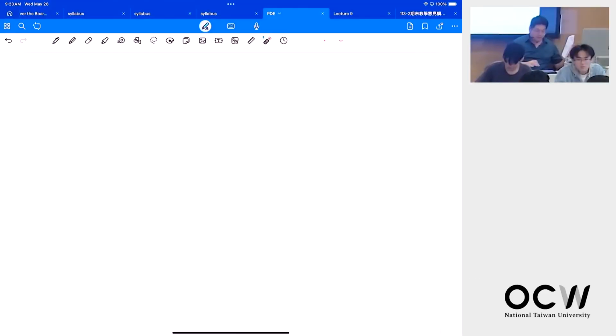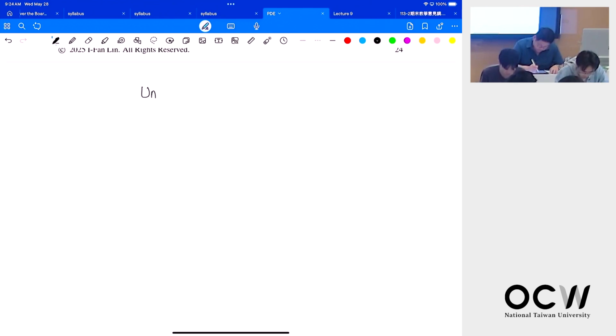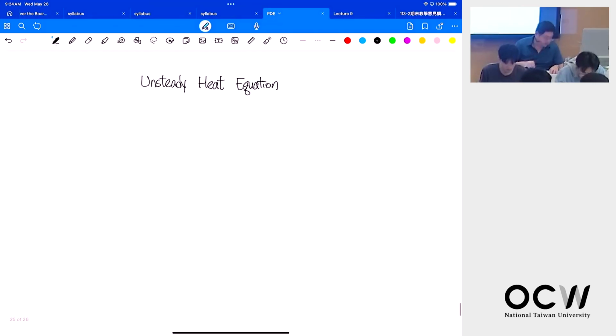Let's review our partial differential equation. Actually, so far we just learned two types of equation. First, let's see the unsteady heat equation. So my partial differential equation is